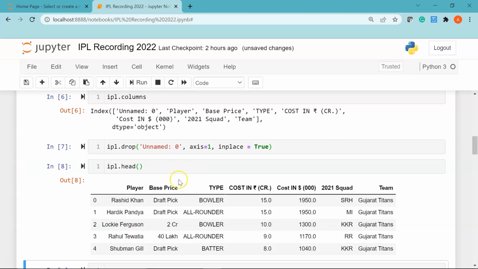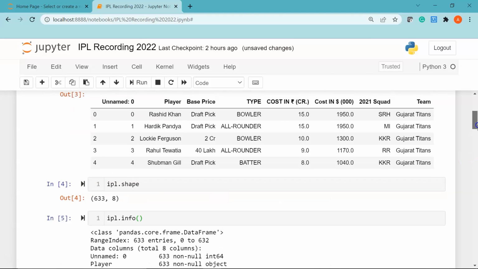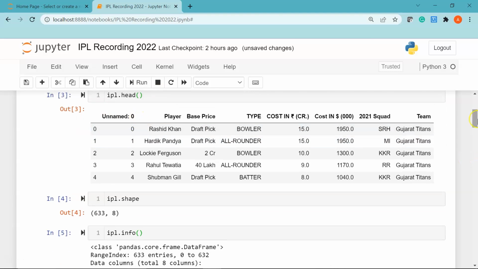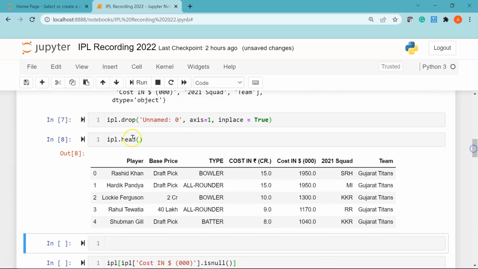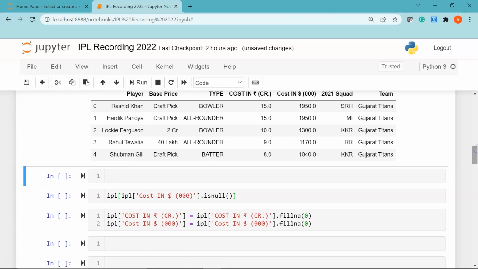You can see before we had the unnamed column, which was the first column in the data frame, and now we have successfully removed it. So player becomes the first column in the data frame. Alright, now moving ahead,